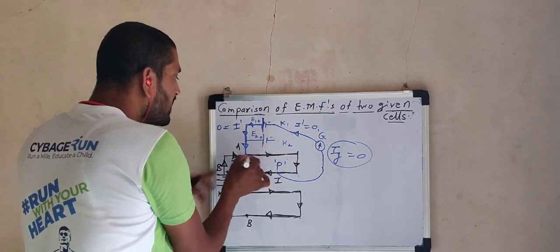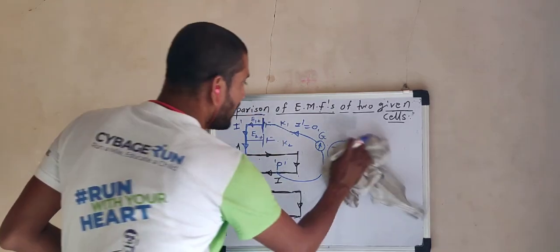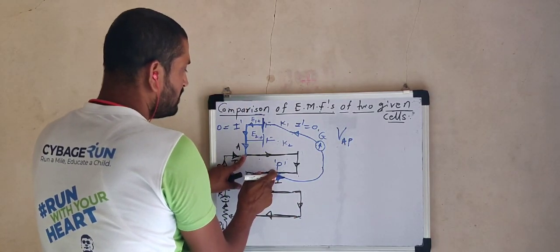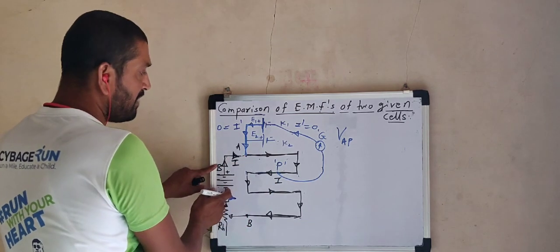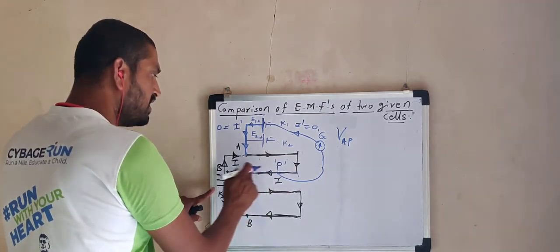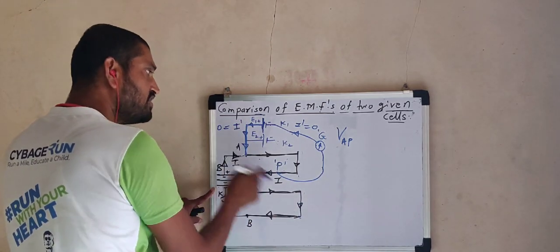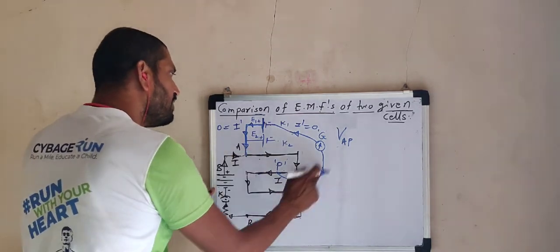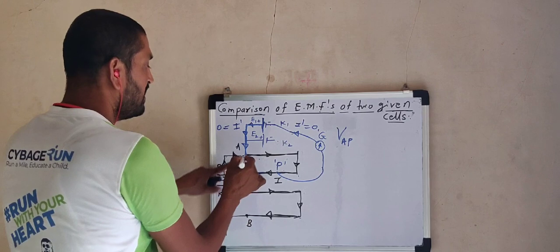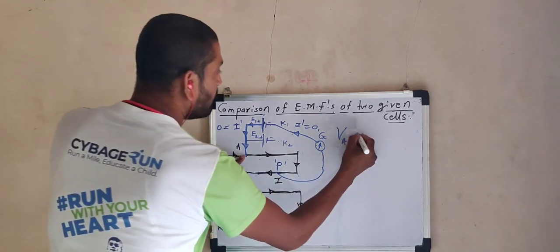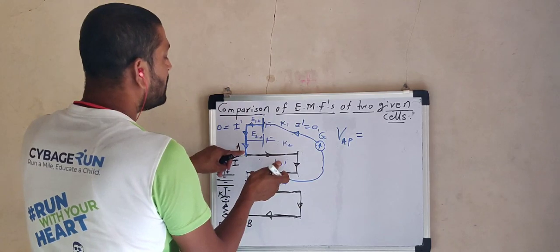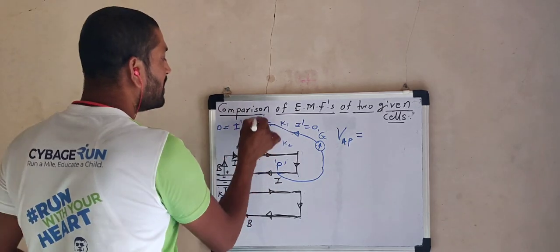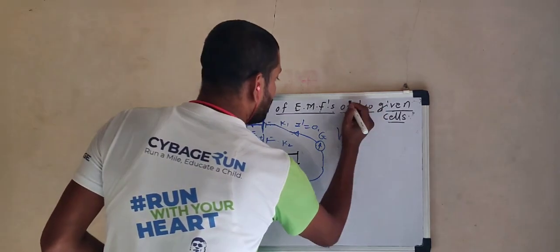Because the entire voltage between these two points, between which two points? A and P. Listen to me. The voltage between points A and P here is given by the main battery, because current drawn from the main battery continues to flow through this circuit. Listen to me, I dash is 0. It doesn't mean that I is 0. I is working. It is drawn. It is flowing through this circuit. But it will not return from this side because this acts as an open circuit. It means that the voltage between these two points will balance the entire EMF between the two terminals of the cell. Now the voltage of the two terminals of this cell is nothing but the EMF of the first cell, and that is nothing but E1.